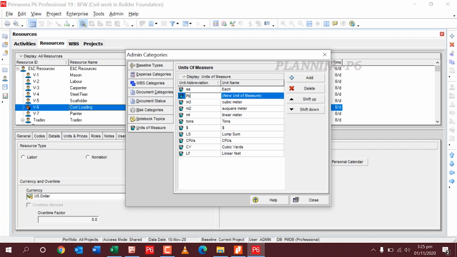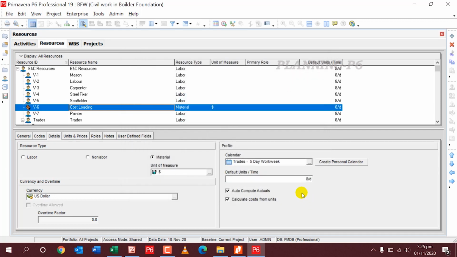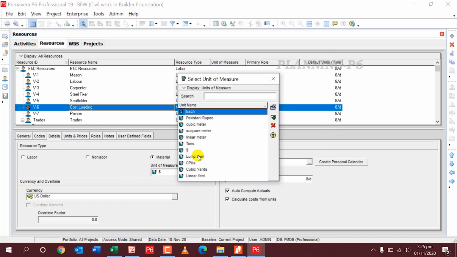And here it is Pakistani rupee. We'll close this one. So this one I have assigned here is Pakistani rupee.